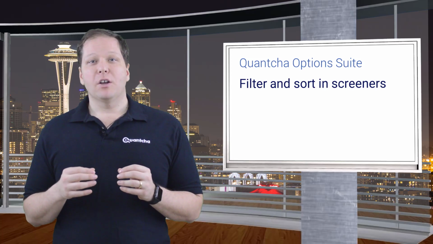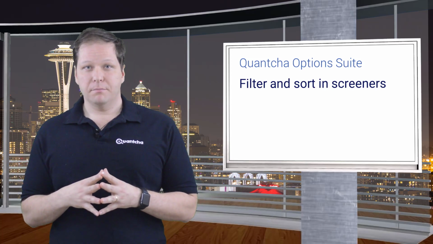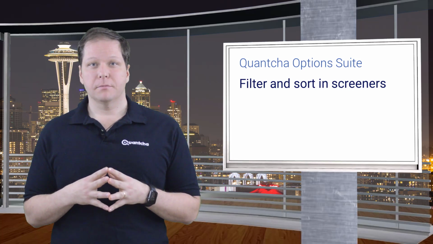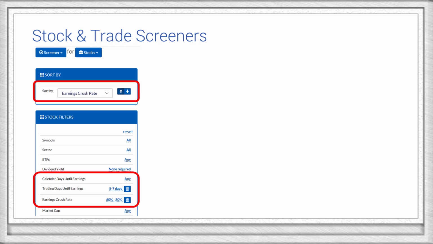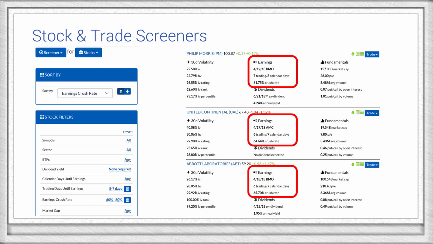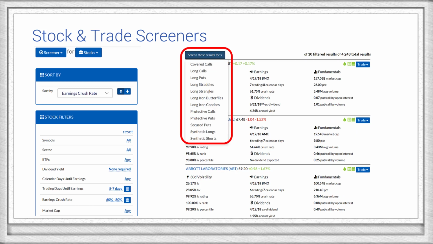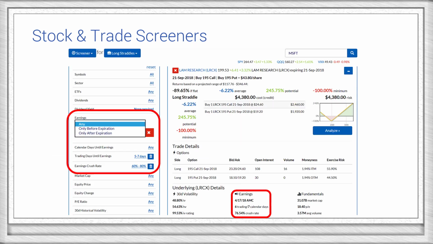We spend a lot of time integrating earnings considerations into our tools over at Quantcha.com. The first place you'll notice the earnings crush and other metrics is in our stock and trade screeners. You can easily filter and sort down to the stocks that meet your earnings requirements, such as distance to earnings and expected crush rate. Whether or not you filter on these metrics, you'll have them available to you in every result. You can then easily jump into the option search for a trade for your ideal stock. Or you can pass these settings into one of our trade screeners to filter and sort specific strategies. Note that the trade screeners also enable you to filter and sort your results down to only include trades that expire before or after the next earnings.